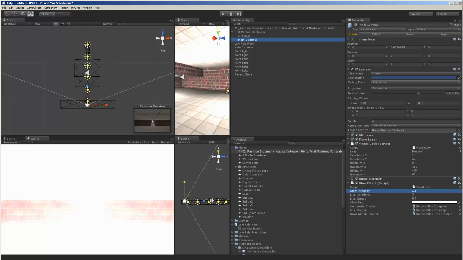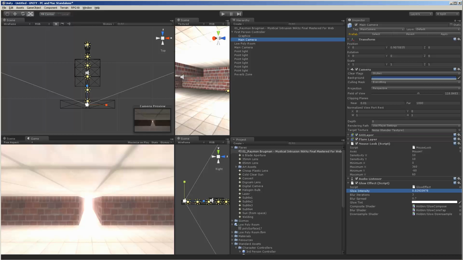Glow intensity, we might want to change that a little. And as you can see, the scene already gets this high-tech game look. Well, high-tech. The textures are still very Counter-Strike, but